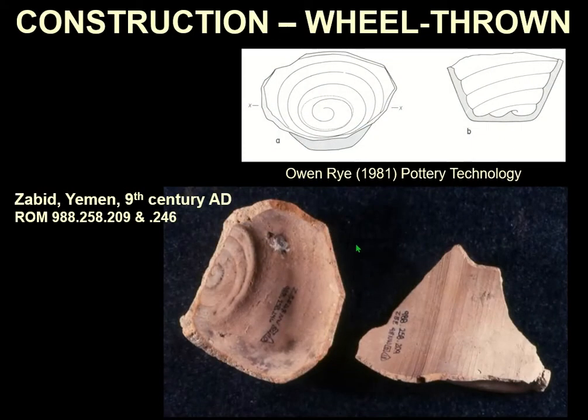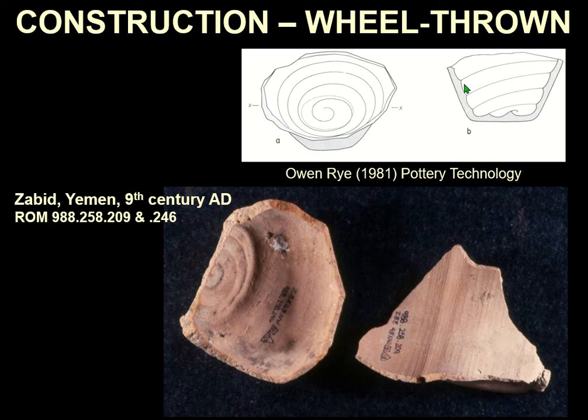So, wheel thrown construction. What the wheel does is, by centrifugal force, it throws the clay away from the center. So if you ever have a go at throwing pottery, you'll find that the throwing is done by the wheel, and it will throw the clay around the room if you're not careful. We won't be doing that in the studio downstairs. It'll all be hand construction. But that centrifugal force will throw the clay up, controlled by the hand of the potter. And here you can see the traces of that hand guiding the clay up.